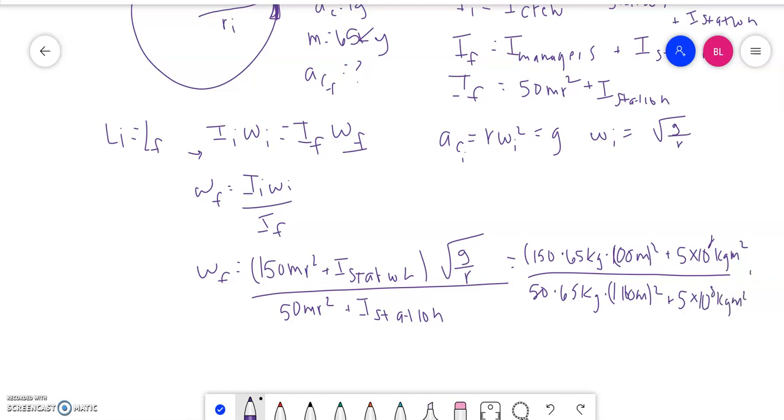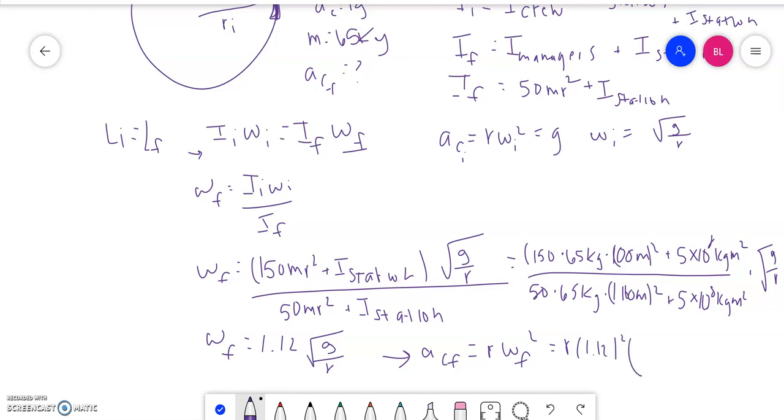And this is all multiplied by the initial angular velocity, the square root of g over r. So when you solve for the final angular velocity, with these numbers you'll have 1.12 times the square root of g over r. And the problem asks us for the final acceleration, so we can use the final centripetal acceleration is equal to the radius times the final angular velocity squared. So we have the radius times